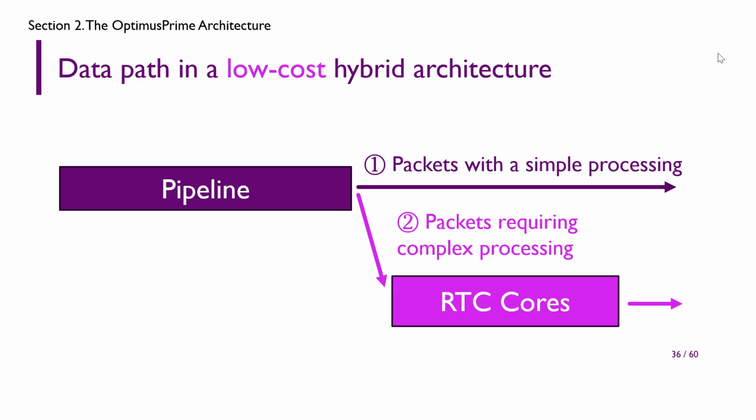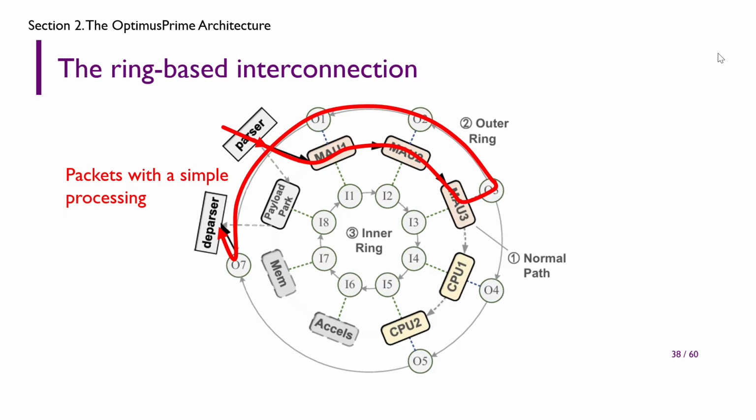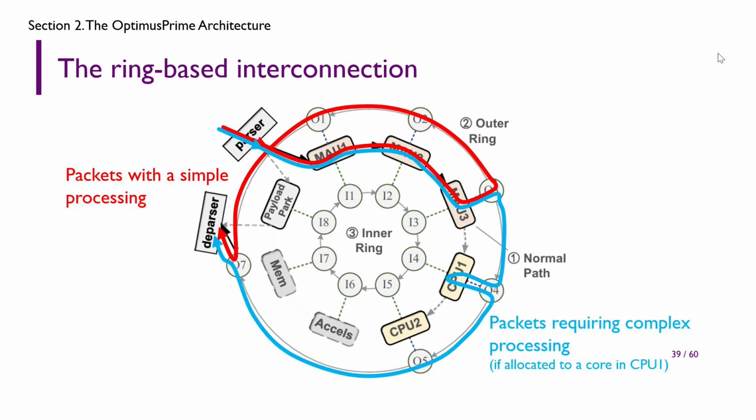These 2 paths are linear, so we designed an interconnection network that is also linear, which means low cost and scalable. Here is our ring-based interconnection, connecting 3 MAUs and 2 RTC processors. Packets with a simple processing pass through the anti-clockwise path after leaving the pipeline, while packets requiring complex processing pass